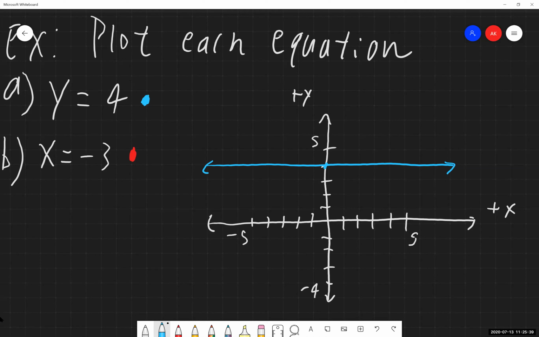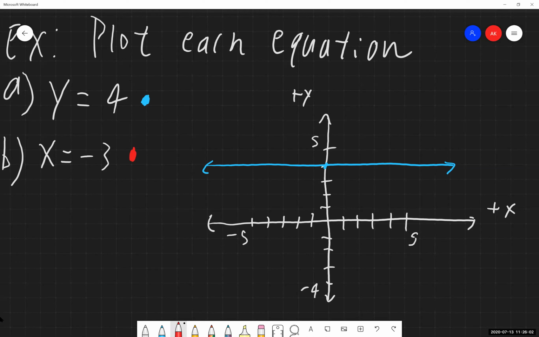And there is my horizontal line of y equals 4. I don't necessarily know what the x value is at any point along here, but again, I know the y value is 4 as it's defined in the problem, and that's always going to be the case at any point along that graph.